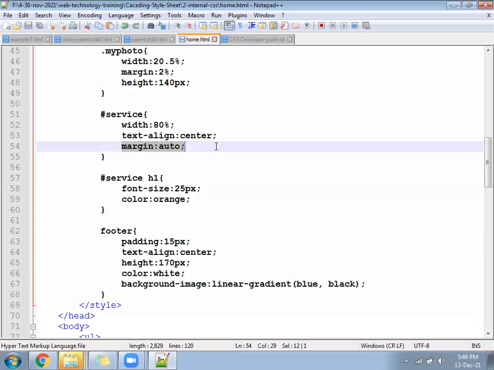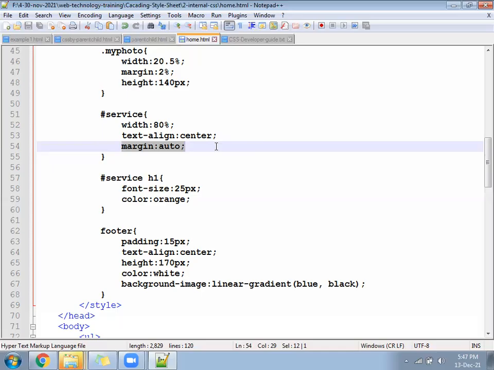It is coming fully left, but where is the text?